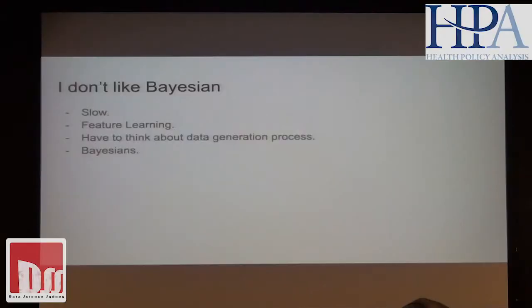I don't like Bayesian. So mainly they're slow. Unlike deep learning, you have to think about the features, so you have to do feature learning. Have to think about the data generation process, which is okay. But the last thing, it turned out, for me, what I found out was that it's not that I hate the Bayesian process, I hate Bayesians. So